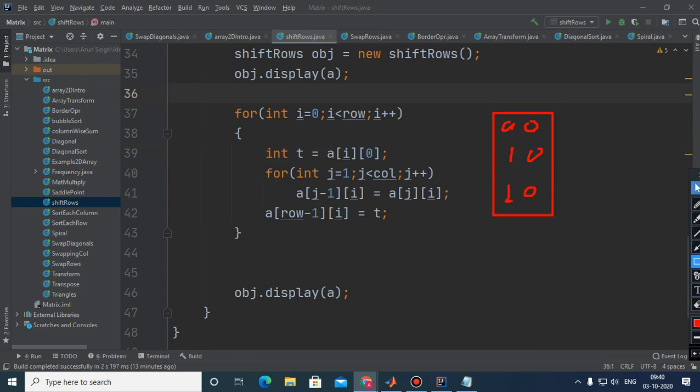so that's why we need to write this, and it will start from 1. So here it will be A of I of j minus 1. Yes.